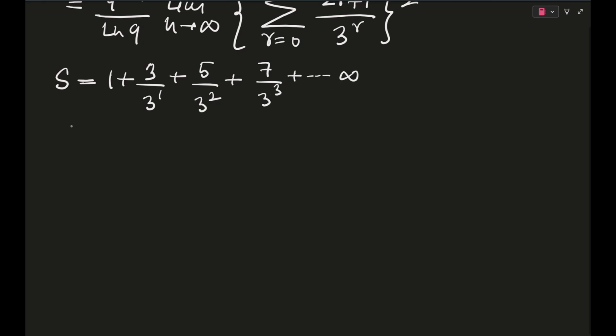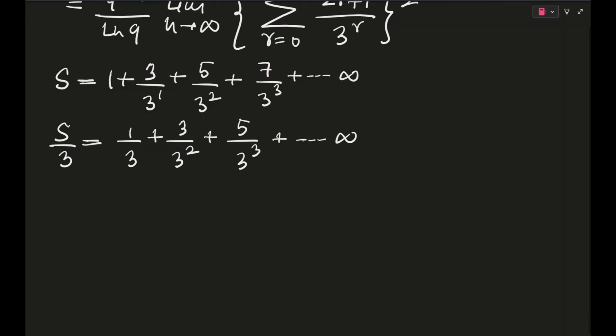So the very classic method to do this, I hope all of you know, is dividing S by 3, because then we can subtract. So this thing becomes 1 by 3 power 1 plus 3 by 3 square plus 5 by 3 cube. I hope all of you know this classical method, right? This is asked a lot in your JEE Mains and stuff, but also important for Advanced. Anyways, so if we subtract these two expressions, this will become 2S by 3,